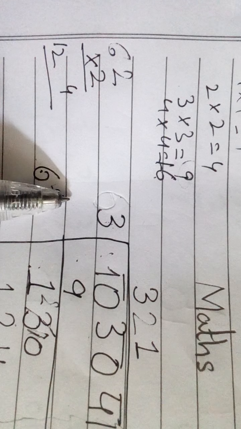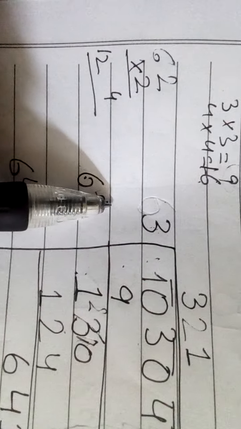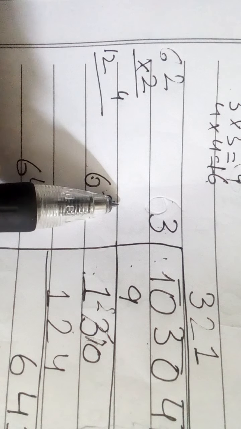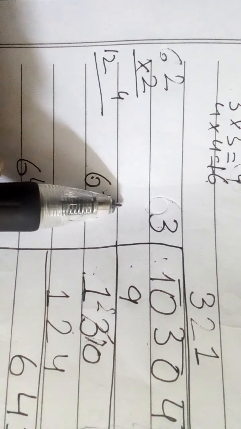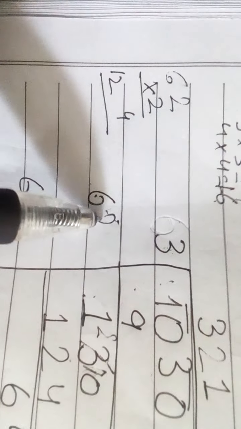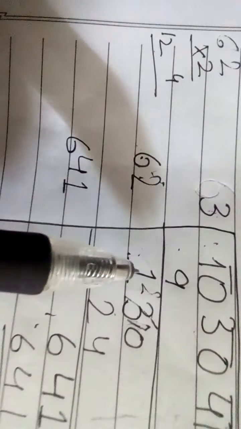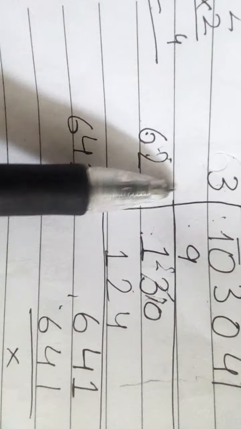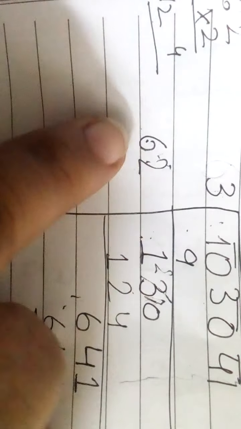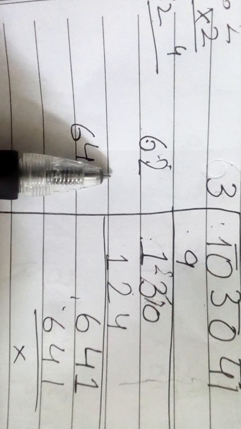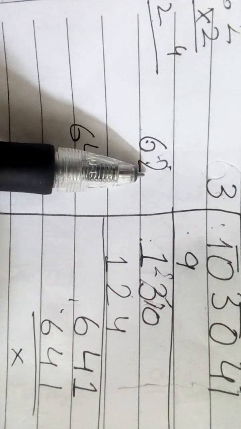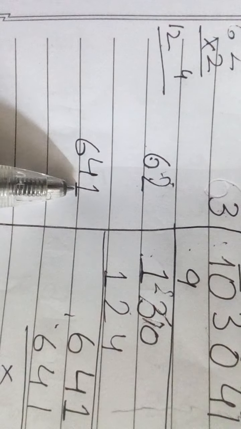So what do we do? We check which number we multiply with 6 and add, so that we find 130. So we write here 6 with 2 up and 2 down. 2 twos are 4, 2 6s are 12, 124. 2 here and 2 here, 124. The answer is 641 because 6 is there and 41 will come down. Now you check that there is the 62. 6 is the same. 2 will be added as another number. 2 twos are 4.